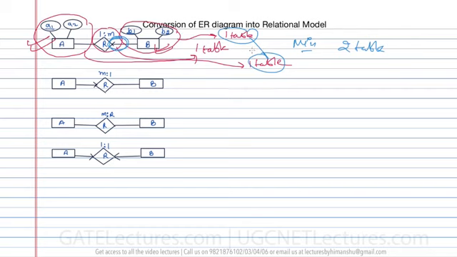Okay, so the attributes in these 2 tables will be like this. In the table A, the attributes will be A1 and A2, where A1 is a primary key, or you can say A1 is a key attribute. In the table B, we are going to have the attributes B1 and B2, and we are going to have the attribute A1, and this A1 will be acting as a foreign key which is pointing to this A1. Okay, so we are going to have these 2 tables.